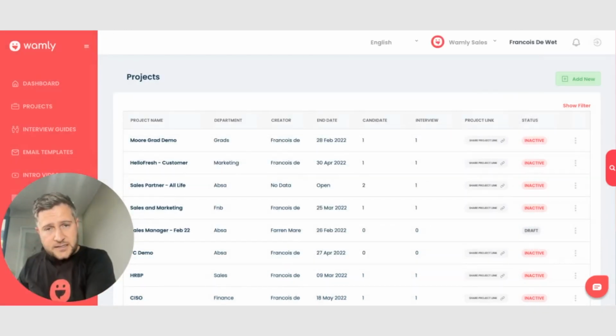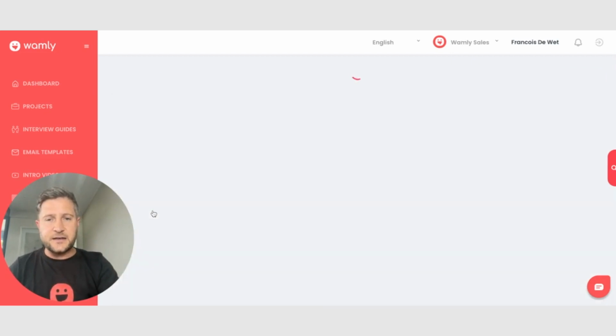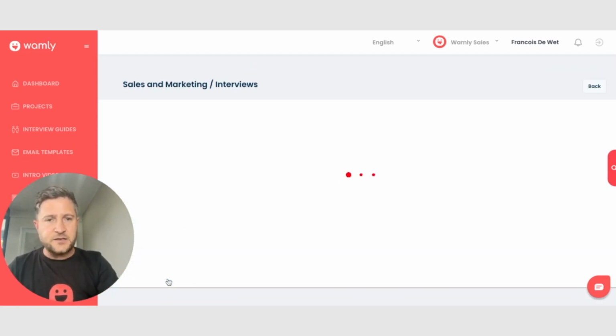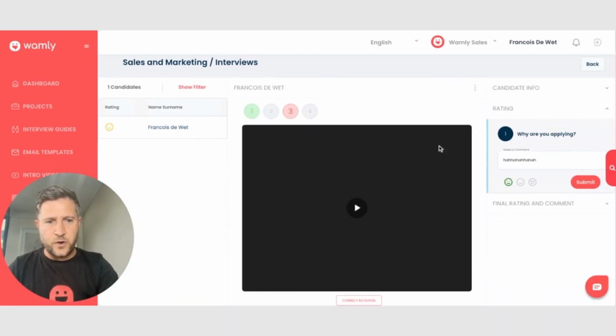You have your shortlist, the candidates go to Wamly. By you being self-sufficient, you set up a project and you actually get those candidates in. If I go into an existing project like this, I just want to show you, and this is the second part of the use case around scoring, rating, and commenting, and some insights that I would like you to know. So once a candidate comes in, you're able to click on that candidate. And when I say you, the panel, and you will land on a page like this,